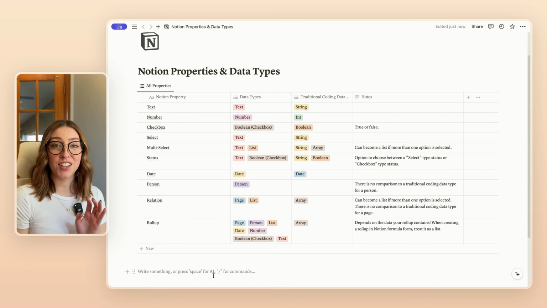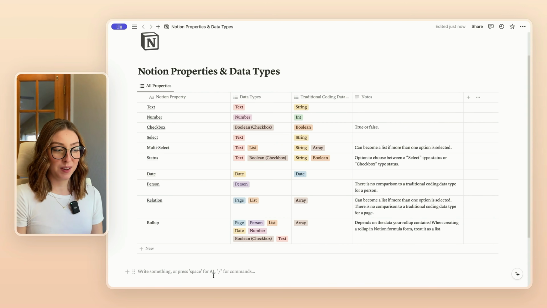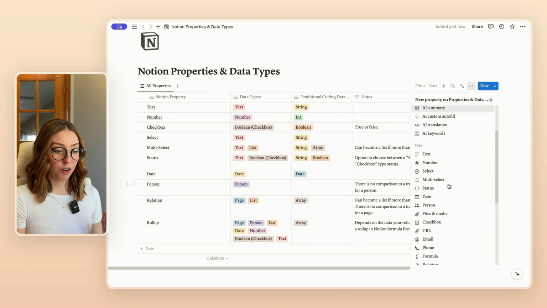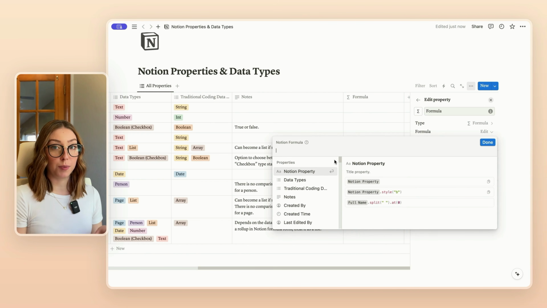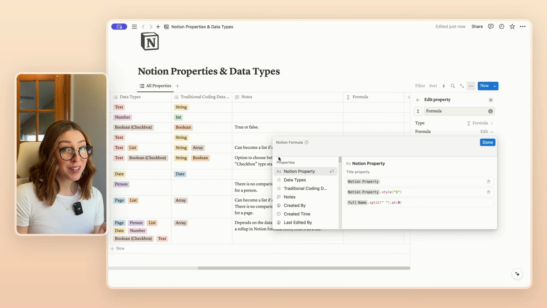Speaking of the formula editor, let's hop into it and take a peek. So I'm just going to create another formula property right here on this database for us to kind of play around with. When we click on the edit button right here, then we can see the formula editor. Here where our cursor is, is where you can type in all of your formulas. And then once you start to type them, there's going to be another little bar that shows up right here at the bottom that's going to give you a preview of what your output will be. It's also going to let you know if there's any errors in the code,